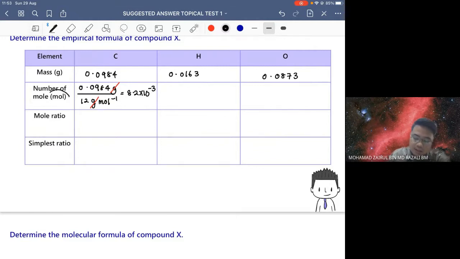Sebab saya dah ada unit kat sini, so jadi saya tak perlu tulis dah. Okay, awak buat benda sama untuk hydrogen. So hydrogen is 0.0163 gram. Okay, divided by the molar mass of hydrogen is 1 gram per mole. So basically awak akan dapat sama balik 0.0163. Okay, for oxygen 0.0873 gram. Okay, divided by the molar mass of oxygen is 16 gram per mole. So awak boleh cancel out gram. So your final unit is mole. Awak akan dapat